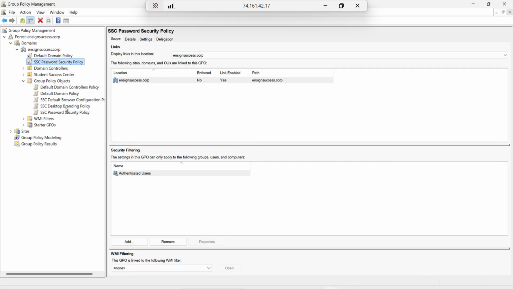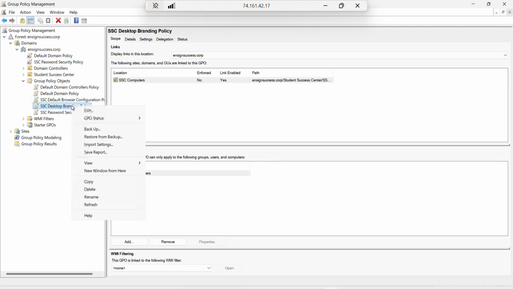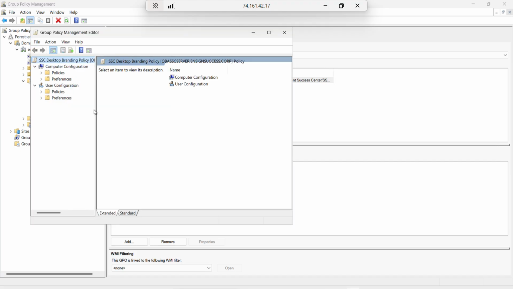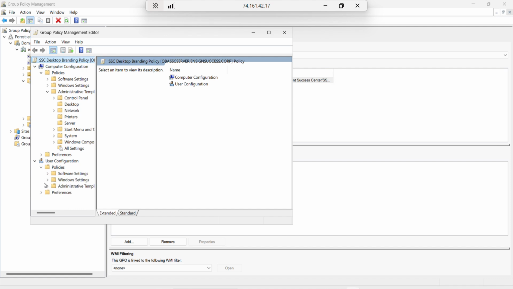Thank you very much. As you can see, the desktop branding policy, let's take a look at it. And then that will wrap up our video demonstration for today. You can see that under computer configuration, the desktop has been configured accordingly. But let me use the users to show you. Under user configuration,